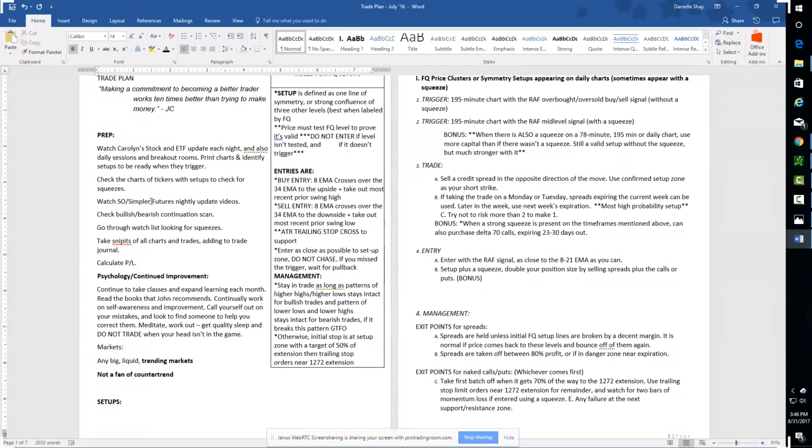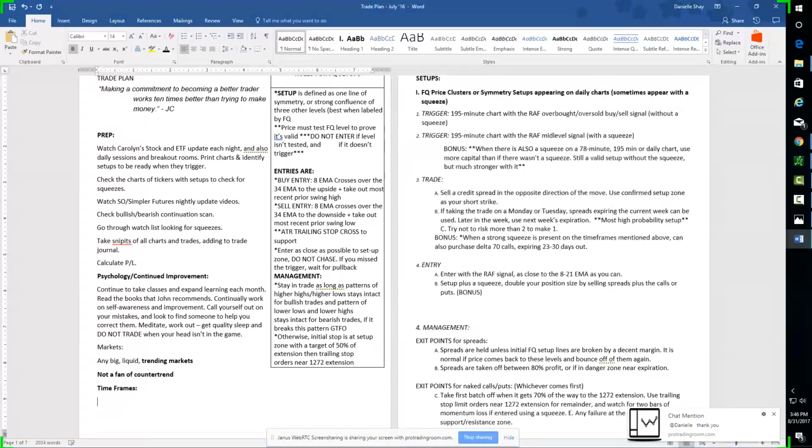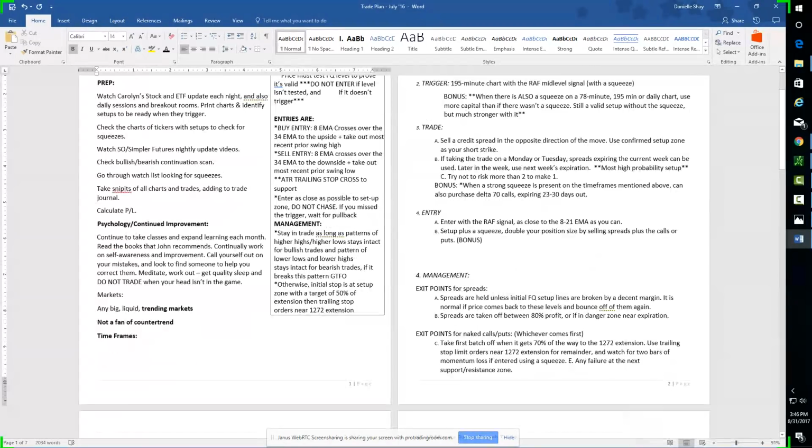And yeah, I'll definitely get into the account size and the risk management and all of that. So that will be coming up here soon. All right. So what time frames do I trade? Pretty much I've found that it doesn't really matter what time frame you trade. It just matters that you stick with it and you know what works for you.